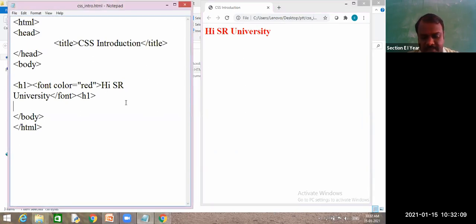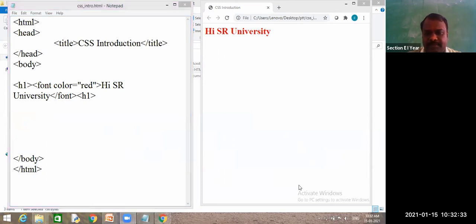So I will tell you the same thing, how to write it in CSS. At the beginner level you may feel it is somewhat difficult, but if you write this multiple times, you will feel it is very easy. Okay. When I go for CSS, I said that we have three types of CSS. The first one is inline. I will tell you all these styles one after the other. I am unable to write this properly, please understand my language.